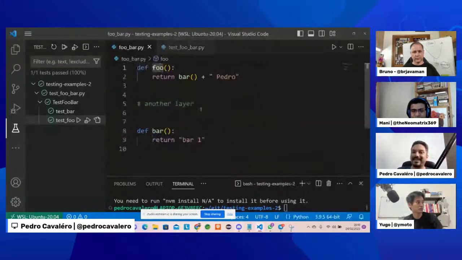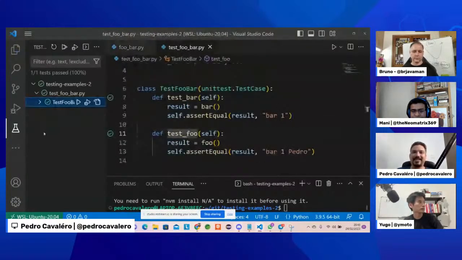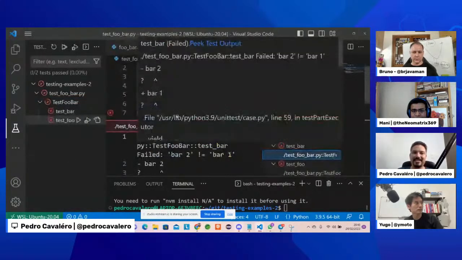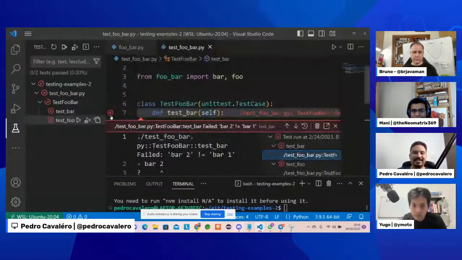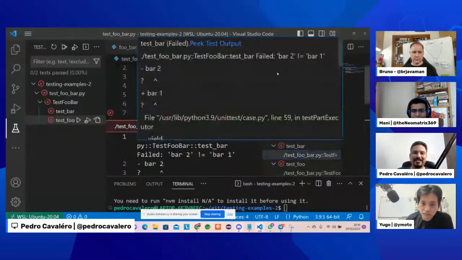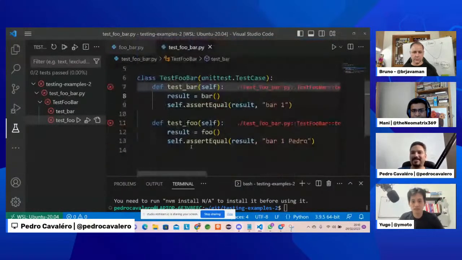For example, if we change here again, I will run my test again, and I will see that my test here will not pass. It was not because of my code, right? This is important.